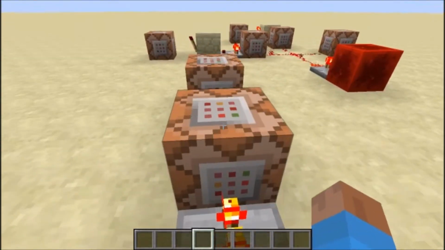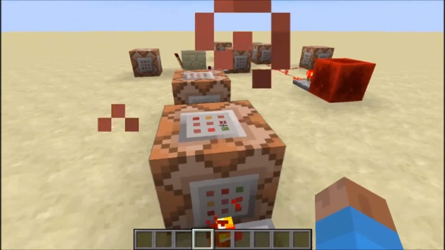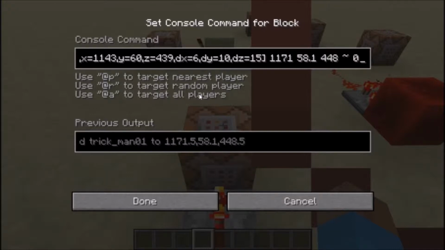it'll output to this command block, which adds a score to the Rumble score of 1 for 2 random players who have a Rumble score of 0. So anyone who hasn't entered the Royal Rumble yet, it'll take a random person out of that and give them a Rumble score of 1, and then it's going to